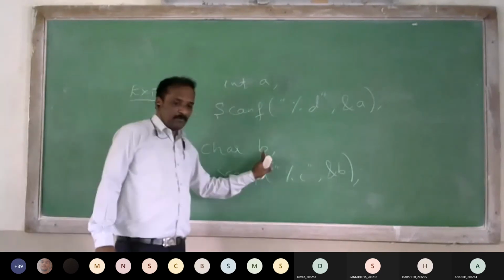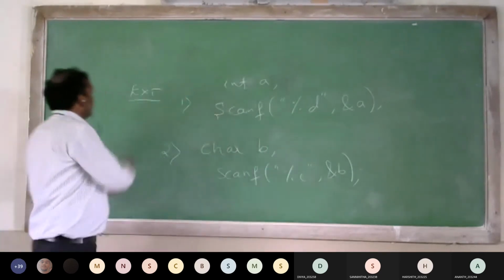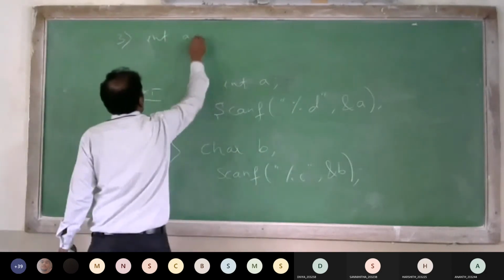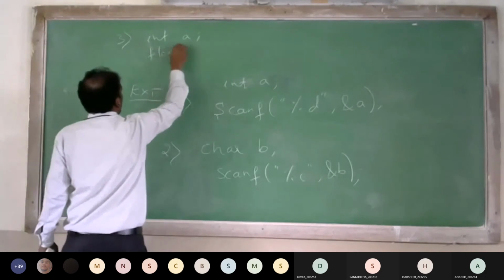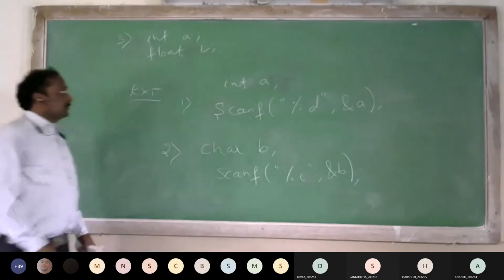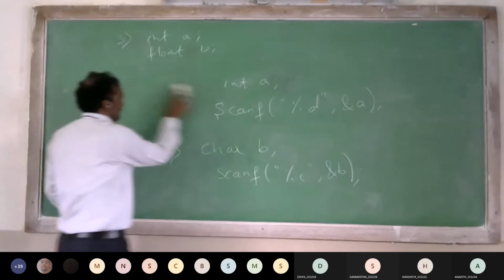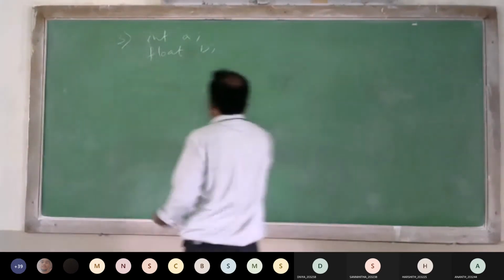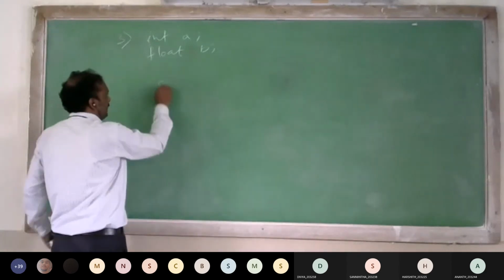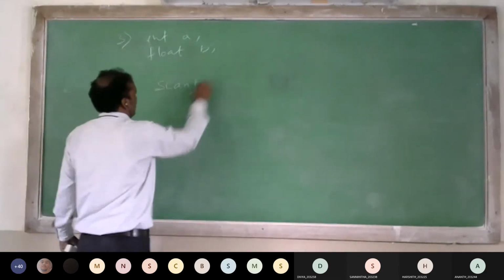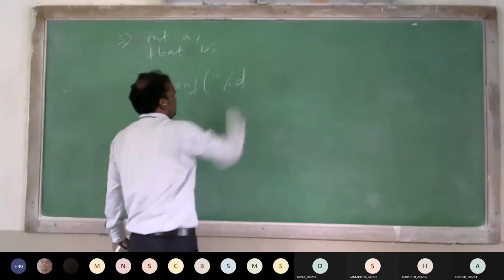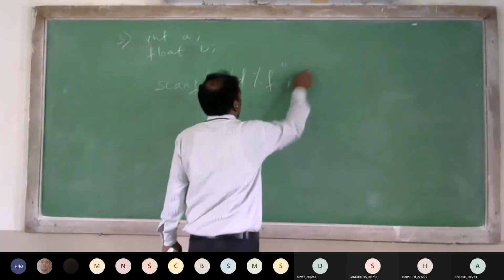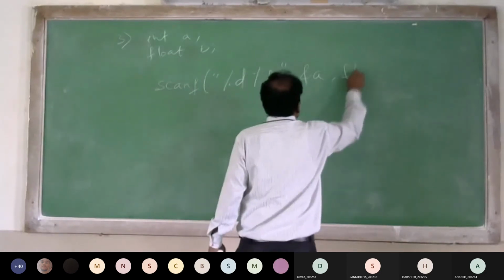Third example: int a, comma, float b. One is integer, another is float. If you want to enter one integer value as well as a float value, then the scanf statement will be scanf, %d is for integer, %f is for float, address of a, comma, address of b.